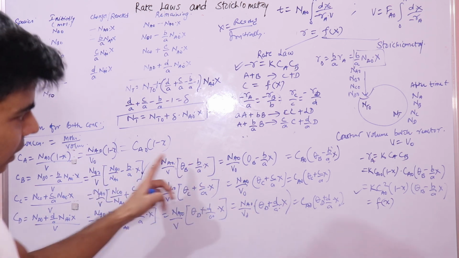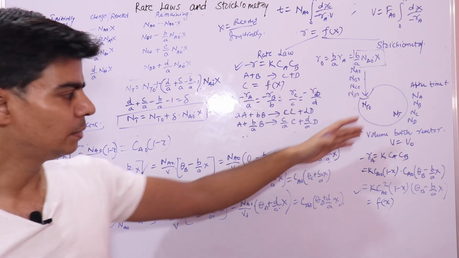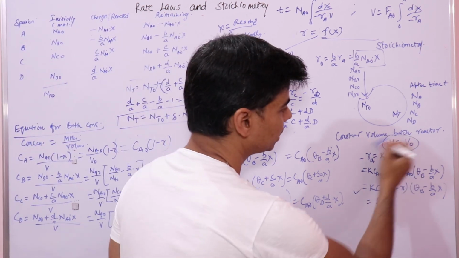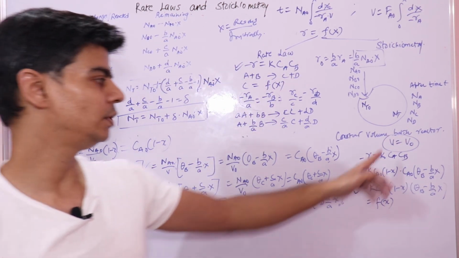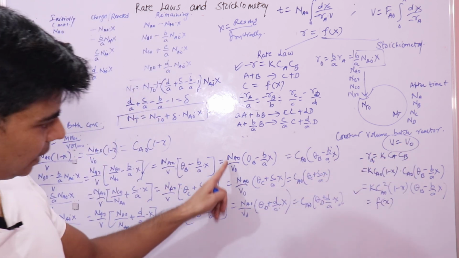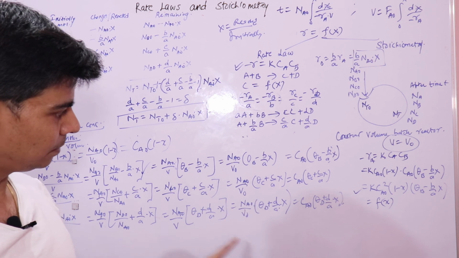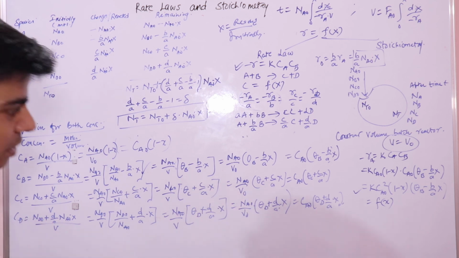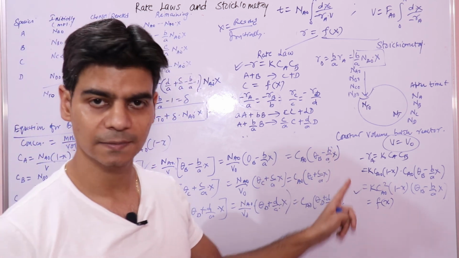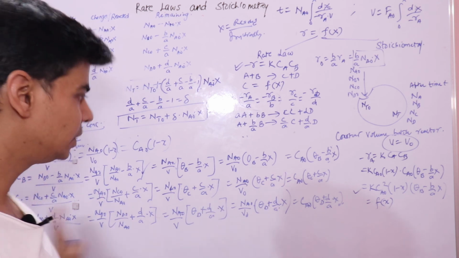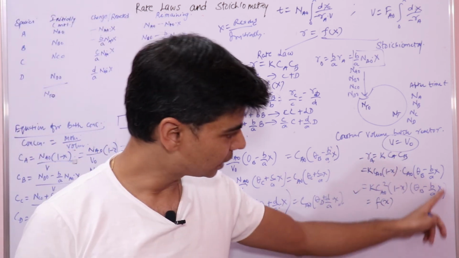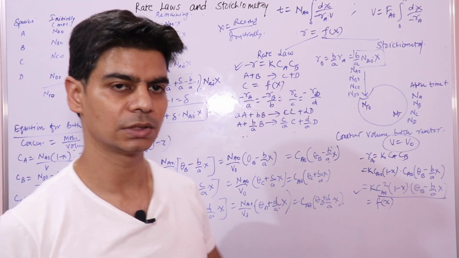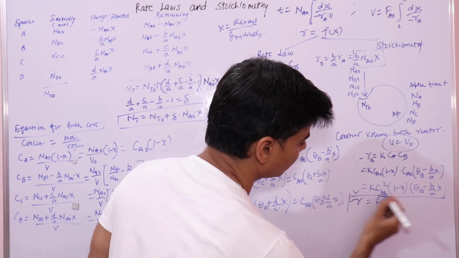Now we considered this reaction in a constant volume batch reactor, where V is constant, so V is equal to V0. So Na upon V0, Nb upon V0 again become concentrations of A and so on. So we have expressed all the concentrations in terms of concentration of A and conversion X. Now we substitute these concentrations in the rate law to get this. This is a function of X, a function of conversion, and this is what we want.